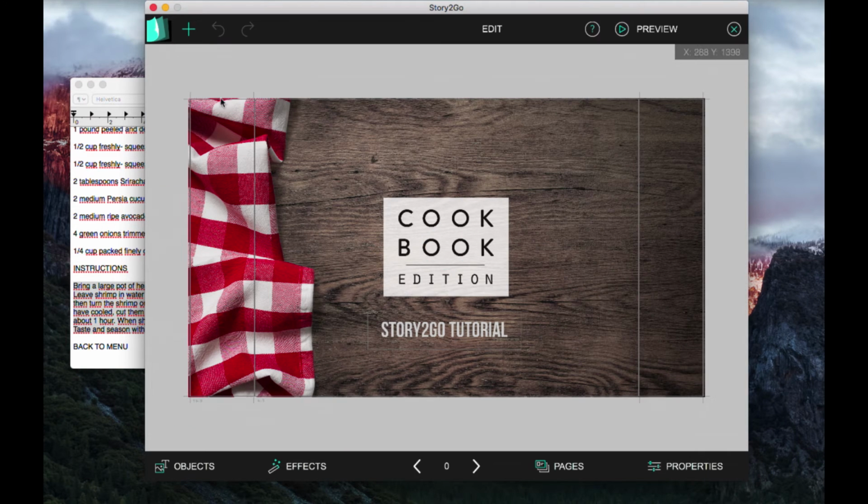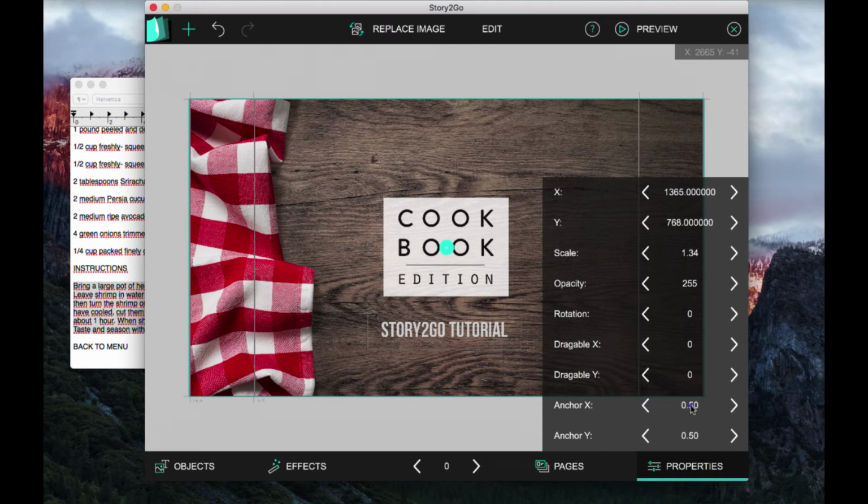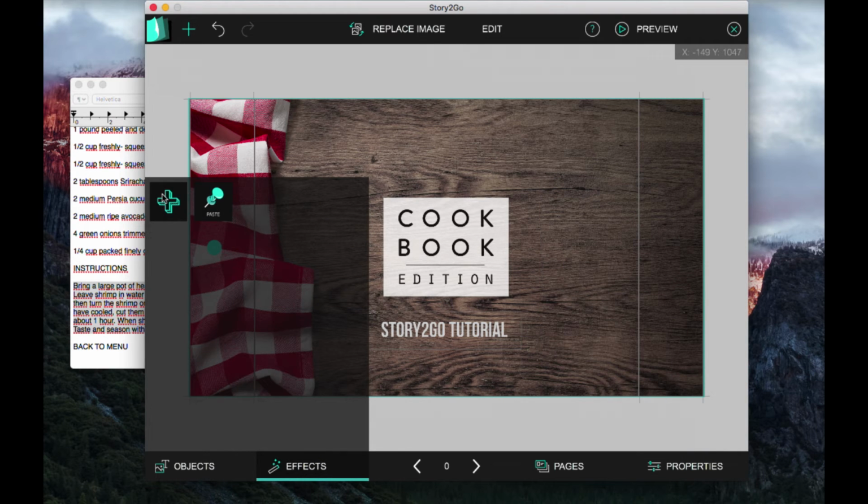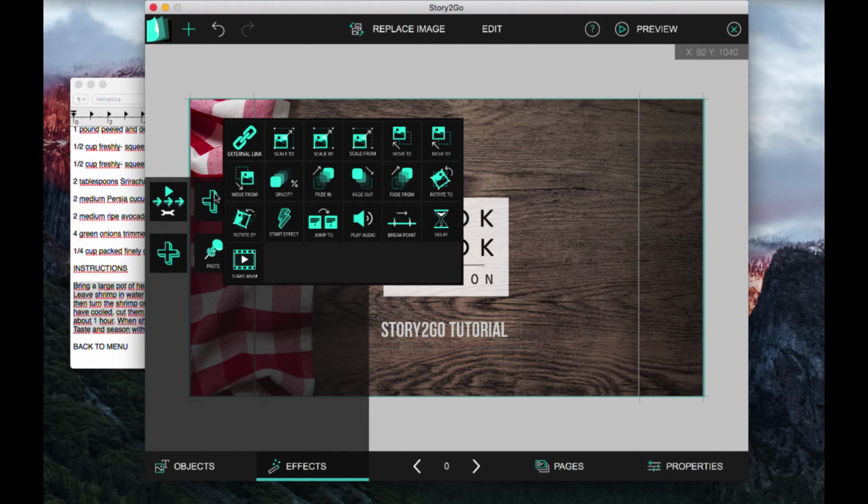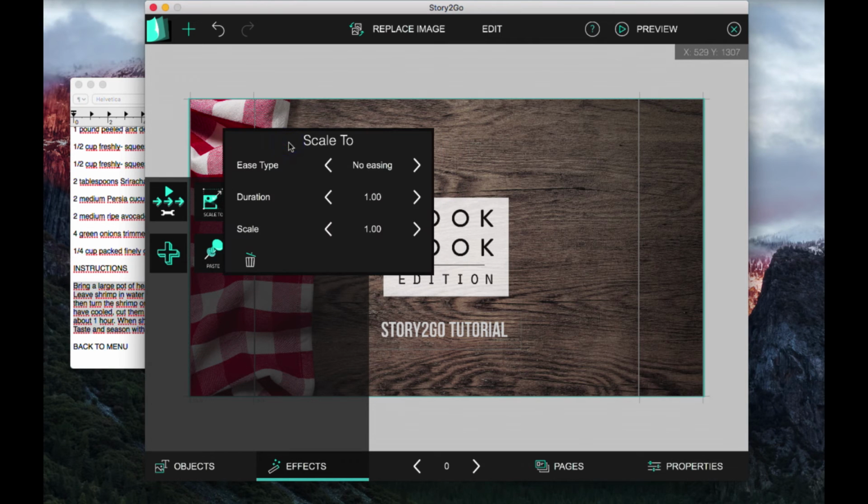There's only one background left. Here I would like to see a simple dynamic motion. I will set the anchor point so that the image doesn't leave the frame and add the scale effect. So I am replacing the X anchor to 0.05, Y can stay at 0.50. Scale to no easing, the length at 4.0